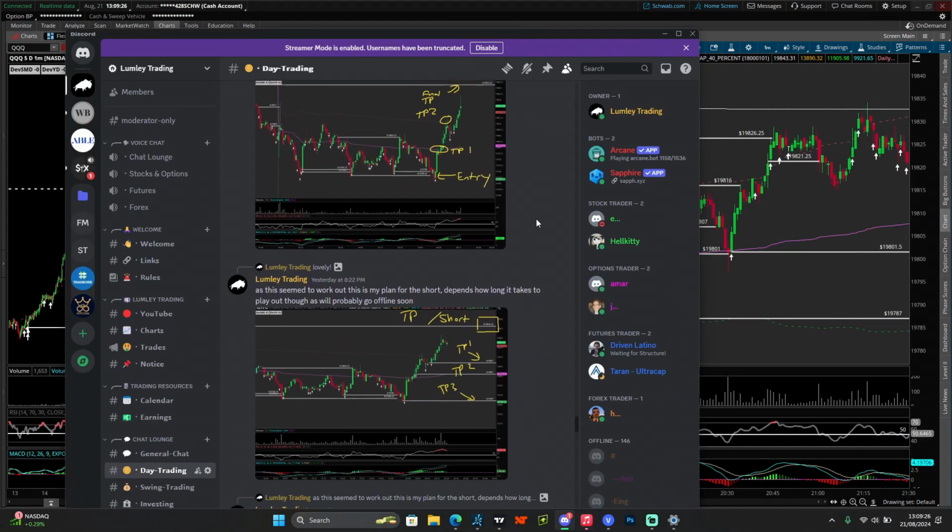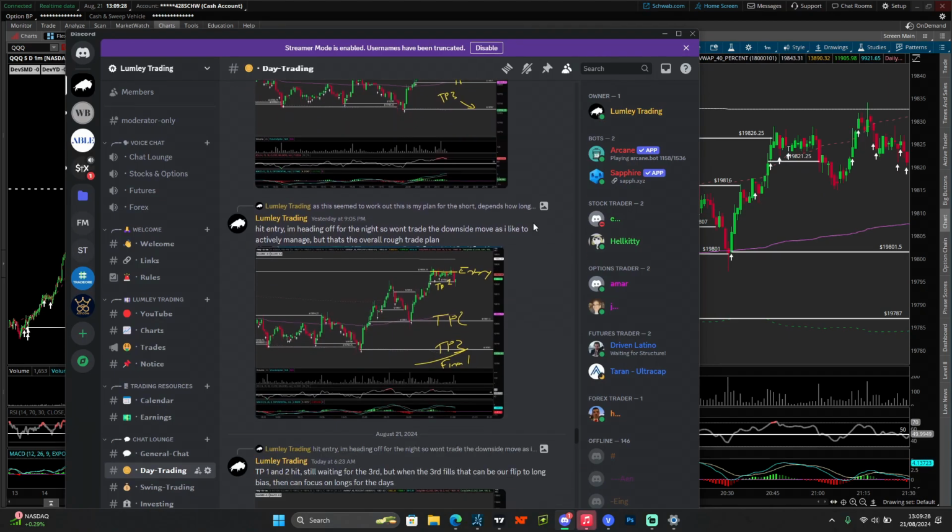Now, what else were we looking at? That was the main overnight move, and then while this happened, we did create new gaps to the downside, which we could look to trade. Now, again, this was getting late. This was 9 p.m. Eastern. Don't forget, I'm living in the UK right now, so that's going to be 2 a.m. my time. So again, I was winding down from trading, so wasn't trading it myself,